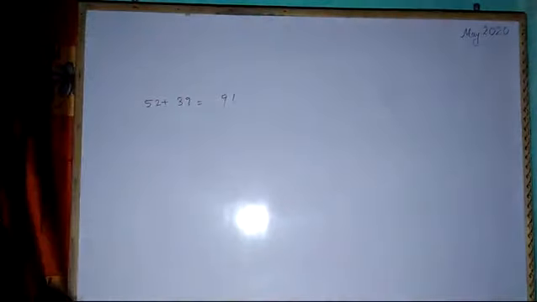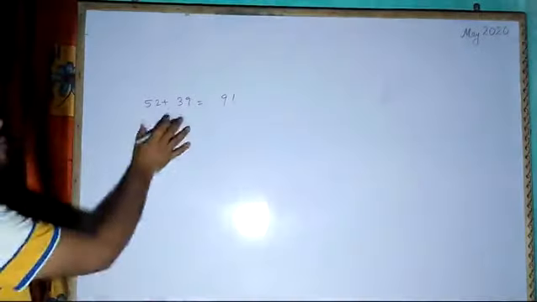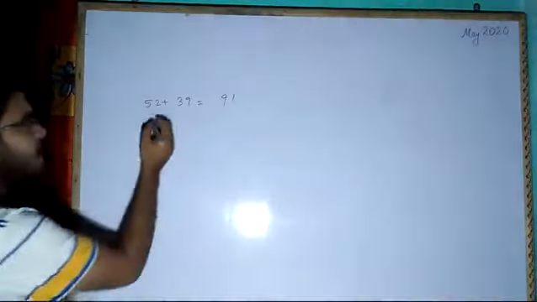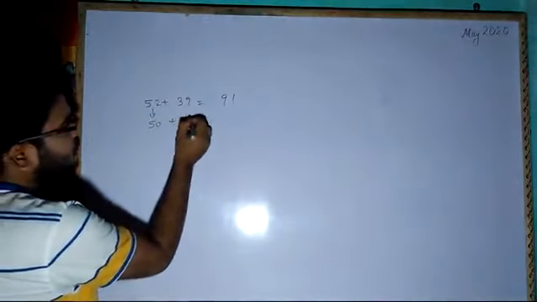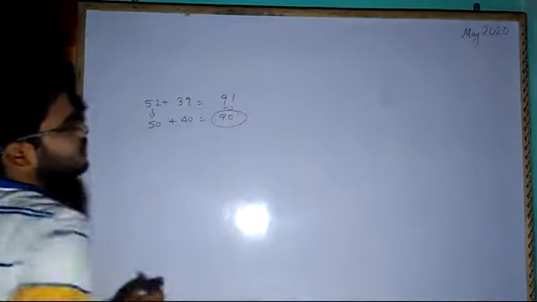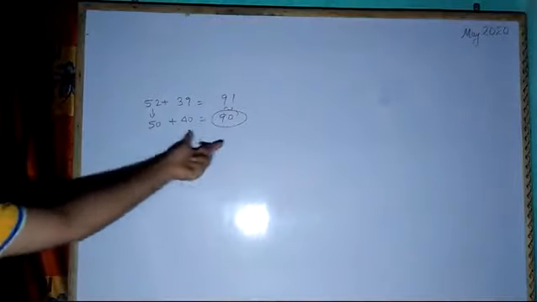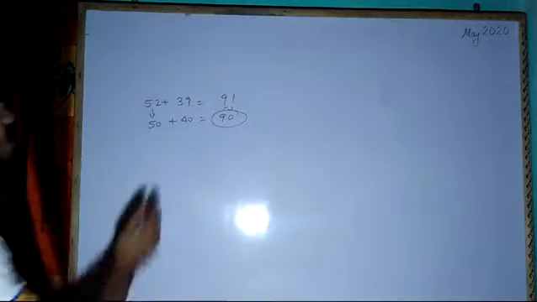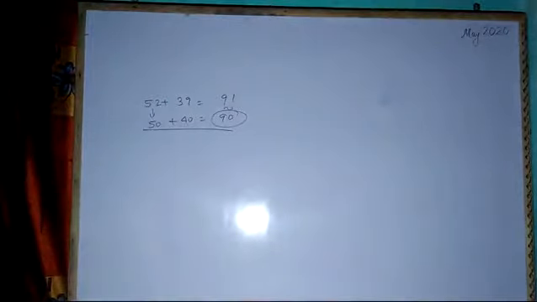Now, if we have a very big number, then it will be difficult to calculate. If I round off this number, it will be 50, this will be 40, this is 90. So nearest answer we got. So we don't want an exact answer. Sometimes we don't want the exact answers according to the questions. So we need to round off and do our calculation in a very simple manner. So that is why we study round off of any number.